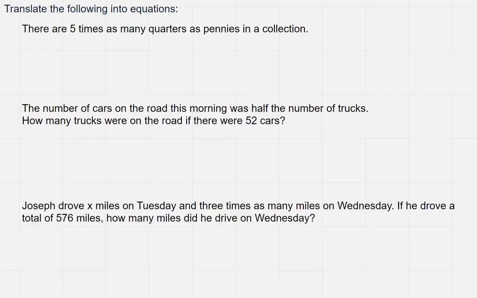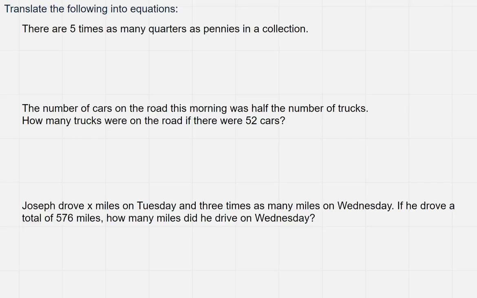We want to take a look at how to translate English words into equations. We've done this before, but we're going to continue to do it throughout the course, so we want to make sure we get really good at it. Now, usually they're going to give you the variables to use or the letter to use. In these, you get to make up your own. And the reason I'm doing that is so that you can see how to create variables or the letter that